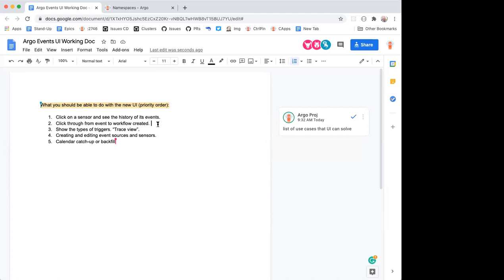So clicking on a sensor to see the history of events, or clicking from an event to the workflow that it created, or showing the types of triggers. And I think this trace view is actually, I should bring on that second line, trace view of an event through to,